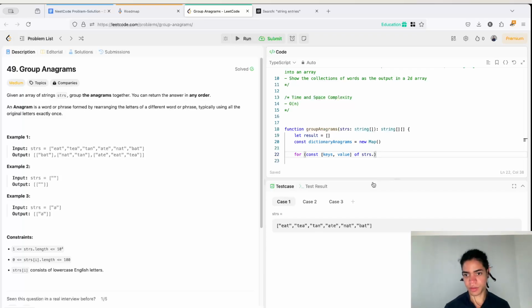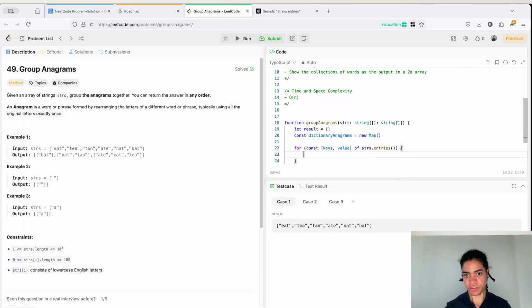So this is string, which is an array of entries. So we get all of these elements one after another as a sequence of elements, which is gray here. And then what I want to do is